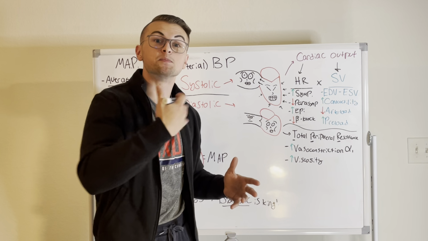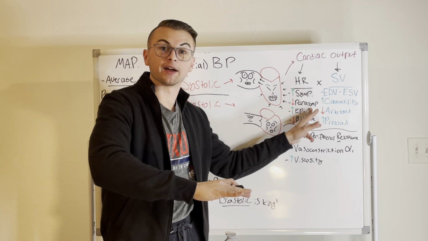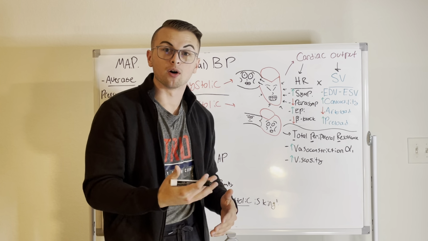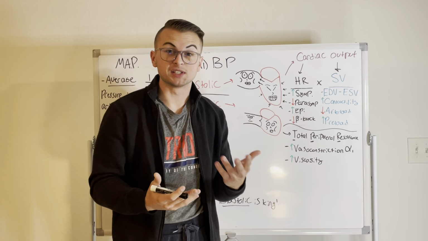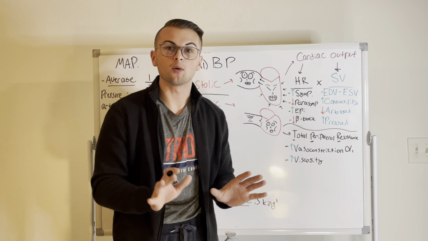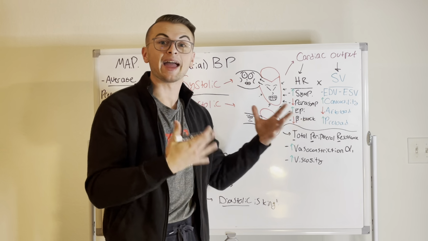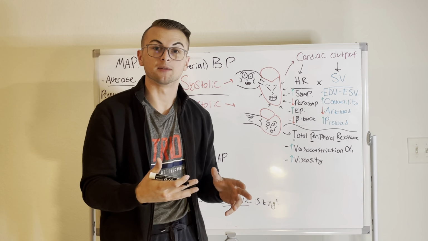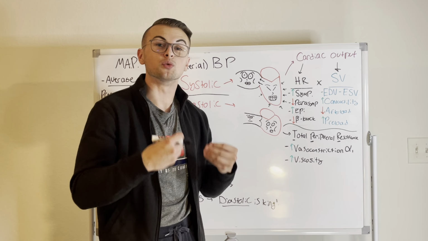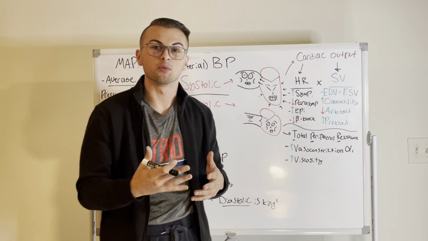Well, we know that we can speed it up with sympathetic stimulation, and we can lower the heart rate with parasympathetic stimulation or drugs like digoxin, amiodarone, calcium channel blockers, specifically the non-dihydropyridine kind, beta blockers, and tons of medications. So when we increase the heart rate up to a point, we can increase the cardiac output and we can increase our systolic blood pressure. And when we decrease our heart rate to a point, we are going to lower the cardiac output, remember, and we are going to lower our systolic blood pressure.